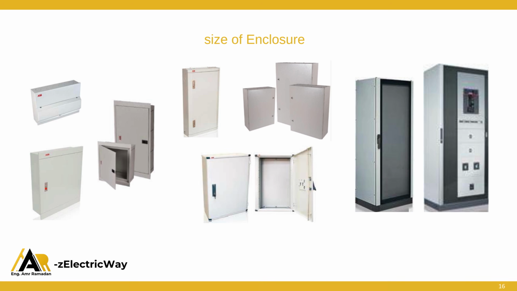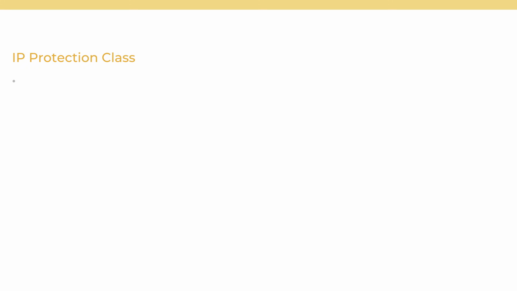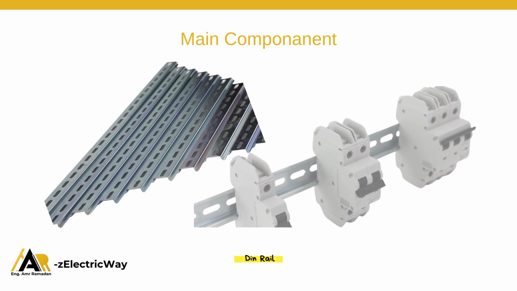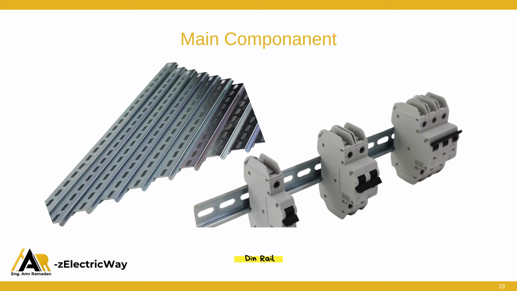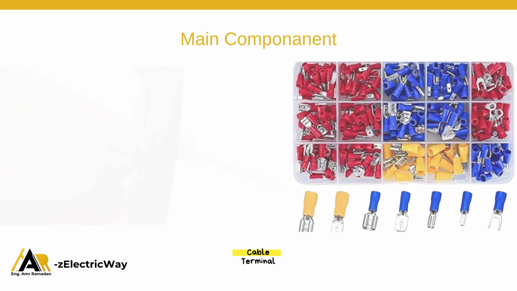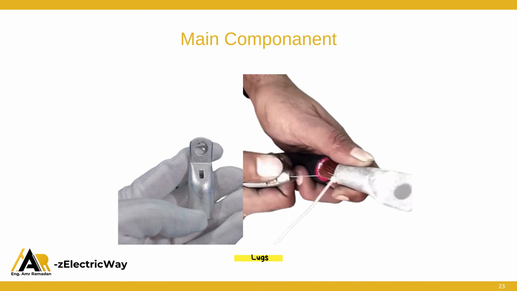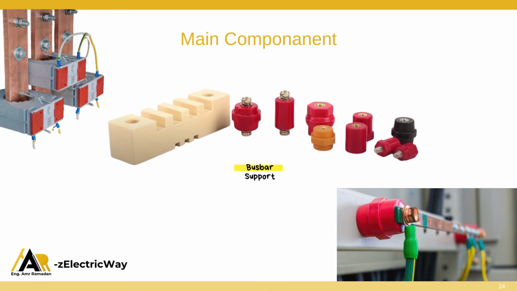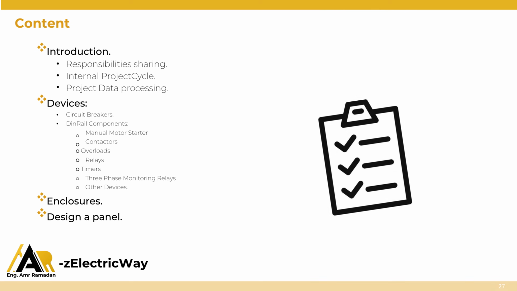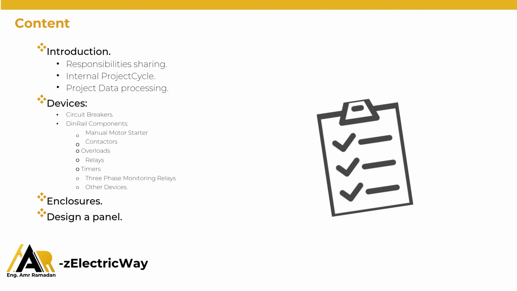And we talk about IP protection and IK impact rating, and the main components of an electrical panel like the rail, duct, plug terminal, cable terminal, plugs, busbar support or insulators, gland, labels, and this is the content about responsibility sharing,